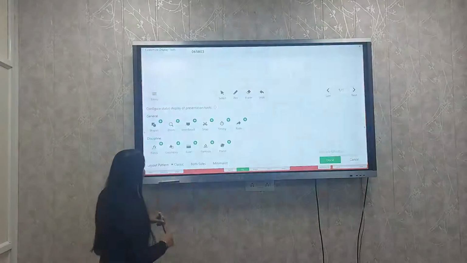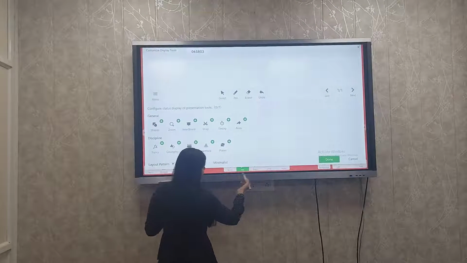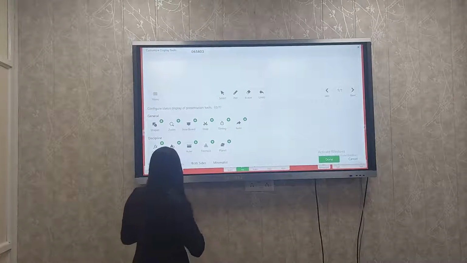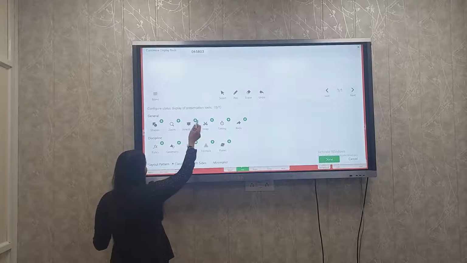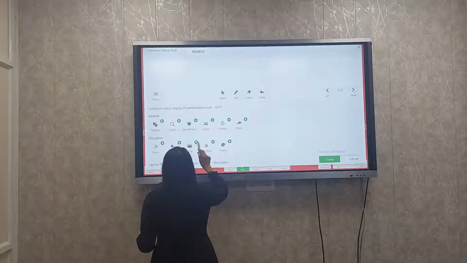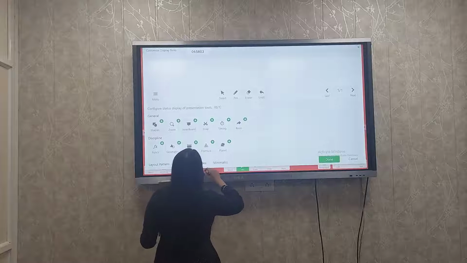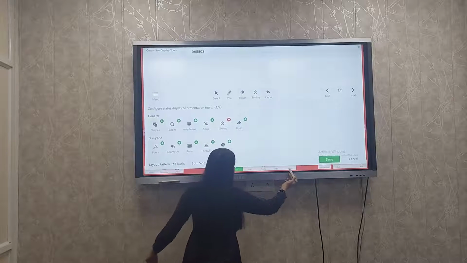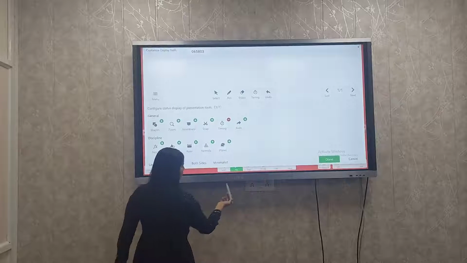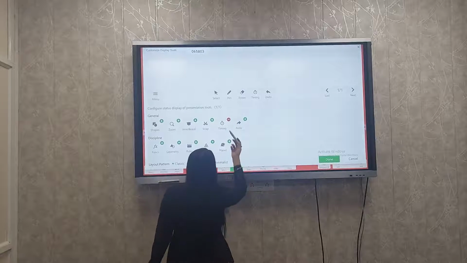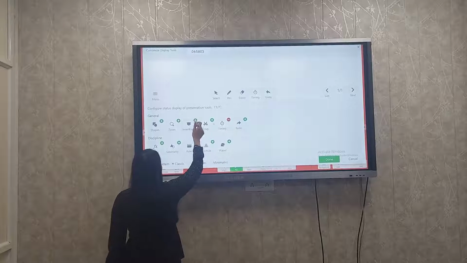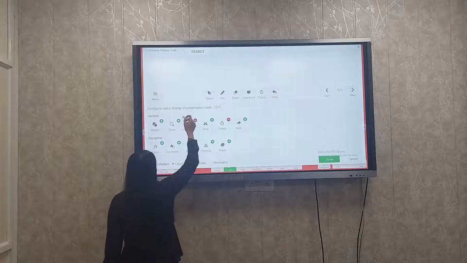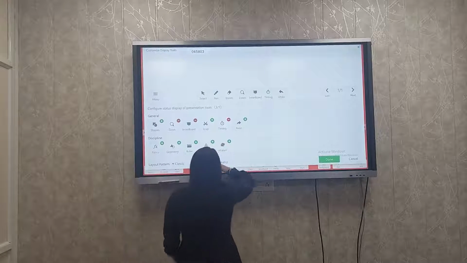If you want to customize this toolbar, which is given at the bottom of this slide, you can add things. For example, if I want to add timing, which we get in this more section, or if I want this extra thing here, then I can add it from here. Or I also want inner board here, or I want zoom here. Then I just click on this.